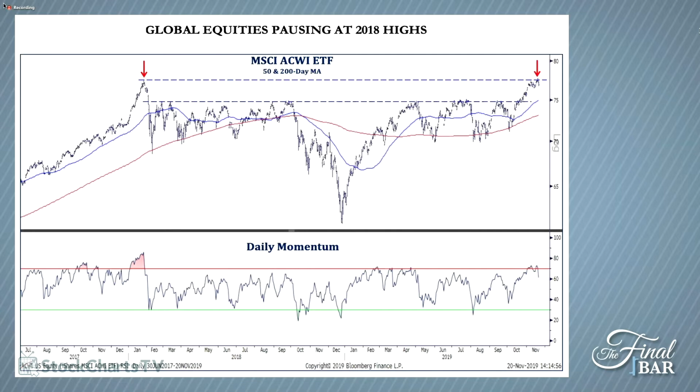Yeah, so as we have this low vol environment, you may get a small setback, and I think this is a logical place that you have the ACWI, all global stocks, right back to the January 2018 highs. Could you get a small setback? Of course, but I think the big difference in 2018 versus 2019 is that it's not just the US. You have markets like Japan and Europe and portions of EM actually rising here, whereas last year, as we all know, in the fourth quarter, it was just the US going up. Well, you had a global equity bear market.